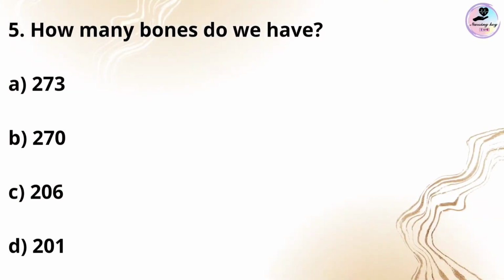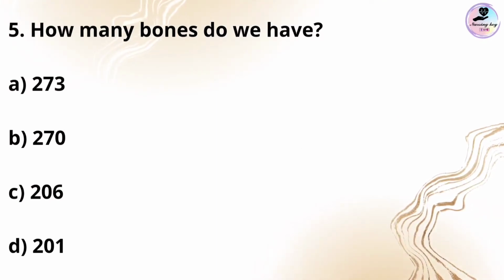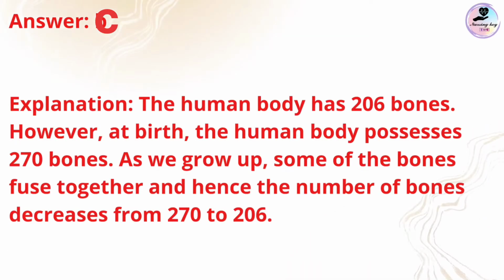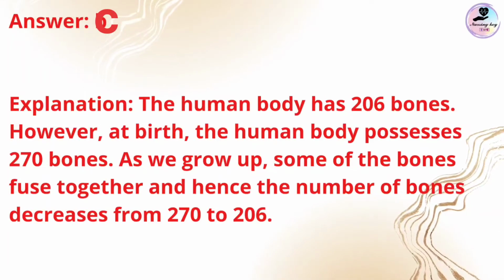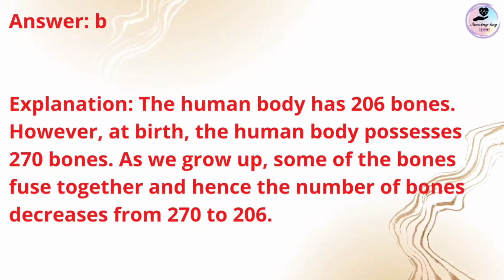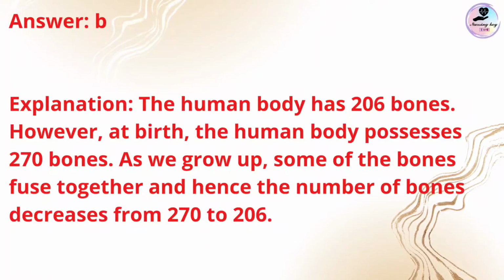So next is a very basic question. How many bones do we have? A. 273, B. 270, C. 206 and D. 201. So correct option is C, 206. The human body has 206 bones. However, at birth, the human body possesses 270 bones. As we grow up, some of the bones fuse together, and hence the number of bones decreases from 270 to